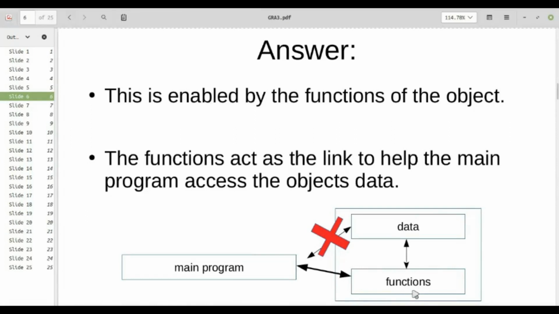From within the main program, we can interact with the functions of the object, that is, the functions that are specified by the class. From within the main program, we have no direct link with the data of the object. So this concept you have to understand very well, right?